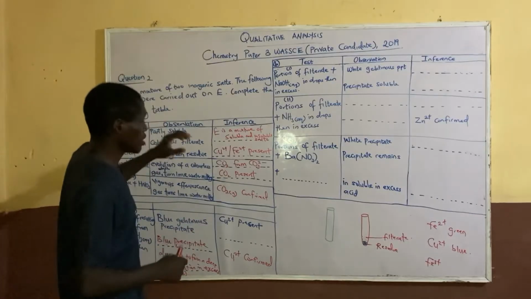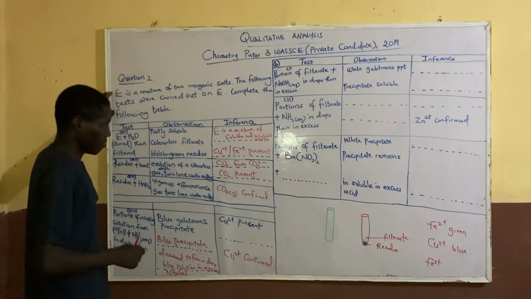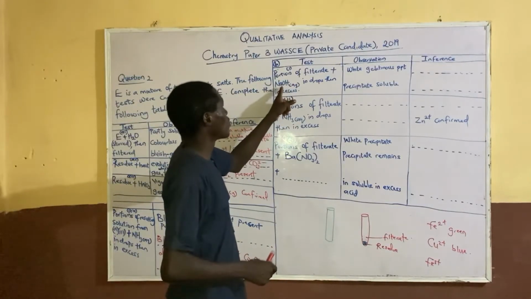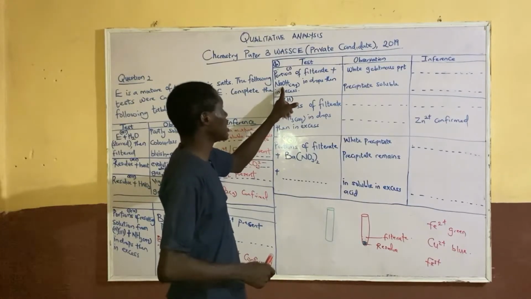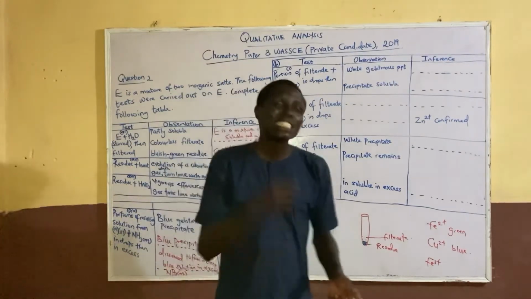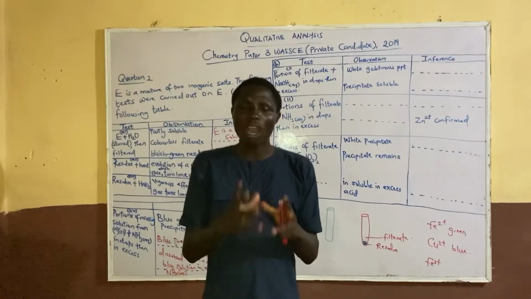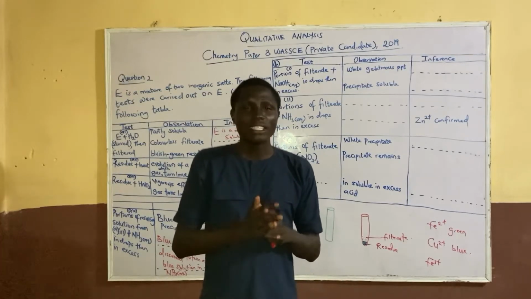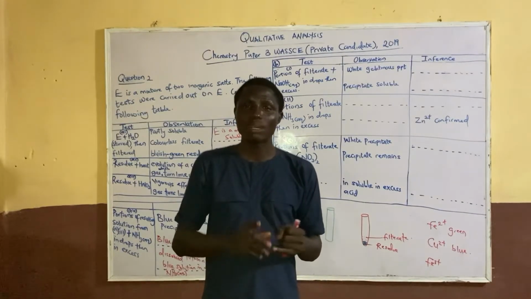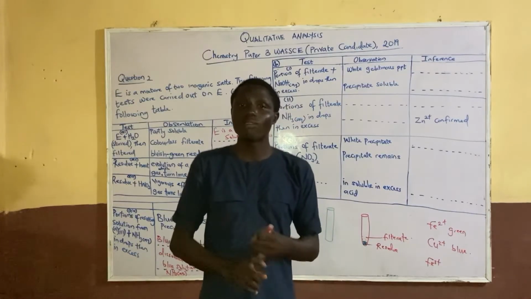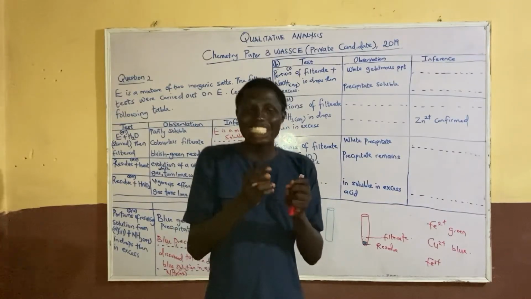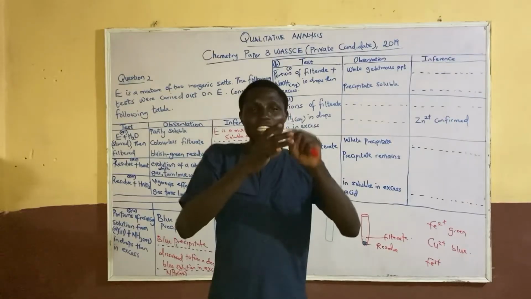Now consider the filtrate of E. When you have the portion of filtrate plus aqueous sodium hydroxide in drops, and you have a white gelatinous precipitate, whenever you have a white gelatinous precipitate, there is a tendency to have 2 ions in that sample or in that filtrate that we are talking about. Ions that might be present are the zinc 2 ion and the aluminium ion, because they are the ions that form a white gelatinous